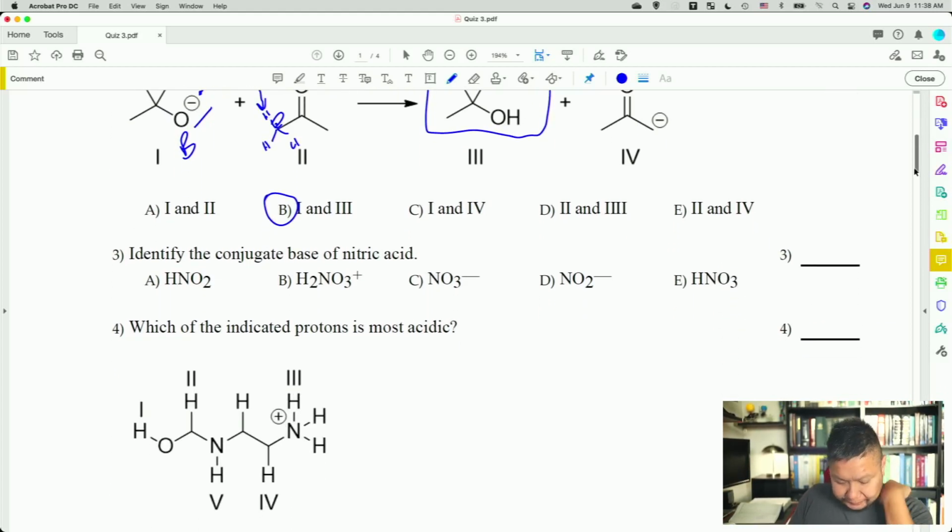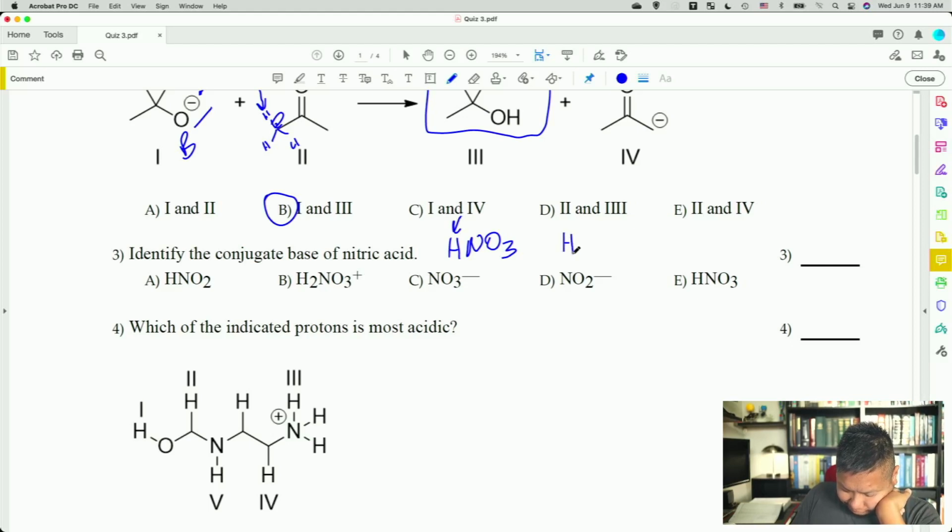Next, this is pretty easy. What is the conjugate base of nitric acid? It's so easy that it doesn't give you much room to even draw anything. But nitric acid is HNO3, and it's only got one proton to give. So,